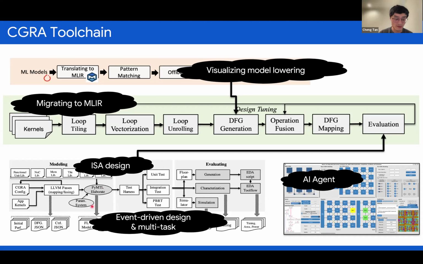And also for the hardware generator, we are defining the ISA and developing the simulator to make it even faster instead of in the Verilog world. And also we are increasing the functionality and the flexibility by supporting event-driven CGRAs or some other